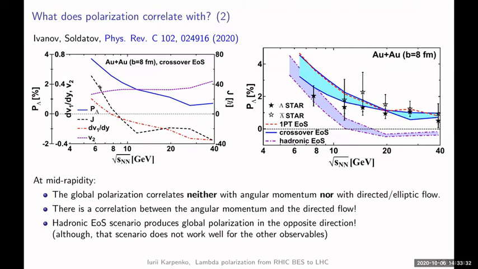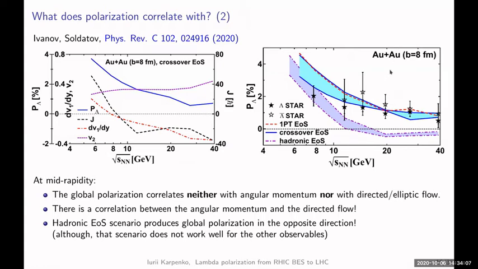Same seems to happen to the J, which is angular momentum, but I'm not sure actually what it represents. But okay, so the conclusion which was drawn is that when it comes to mid rapidity, the polarization observable pretty much does not correlate with any of those. And from the same paper, I also showed the other plot on the right, which sounded interesting to me,